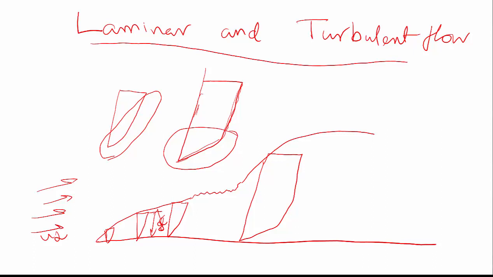Therefore, the difference between laminar and turbulent boundary layers: in the laminar boundary layer the flow is uniform. Due to the viscous effect, the shear force distribution is uniform from the surface of the plate to the maximum possible velocity. Therefore the fluid flows in a very smooth way. Then it reaches transition, and then the turbulence phase.